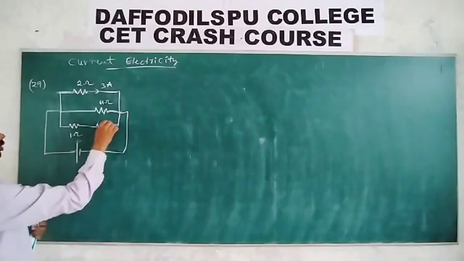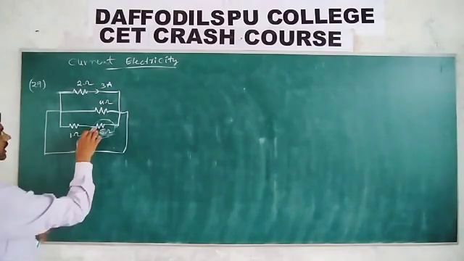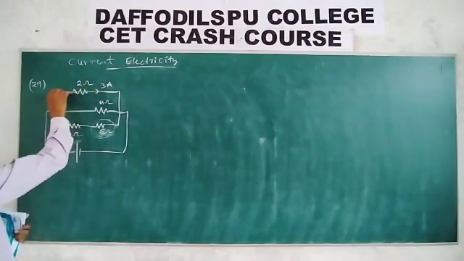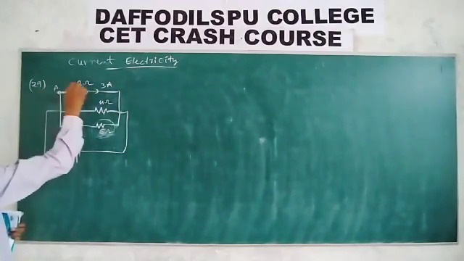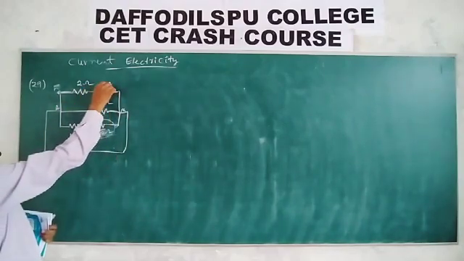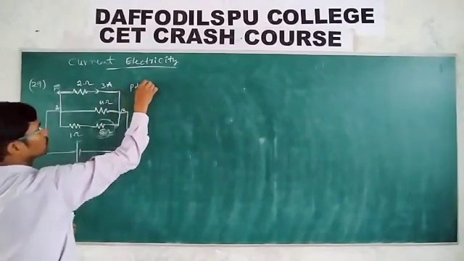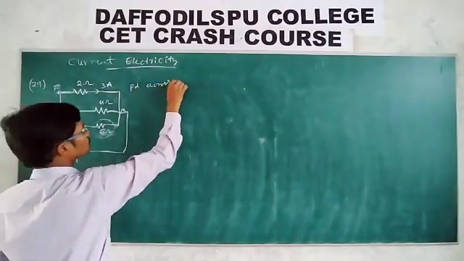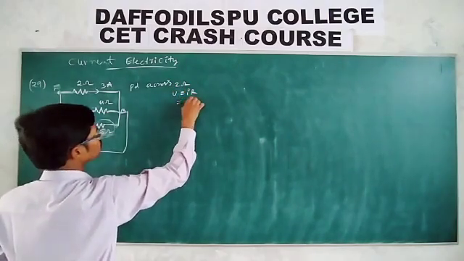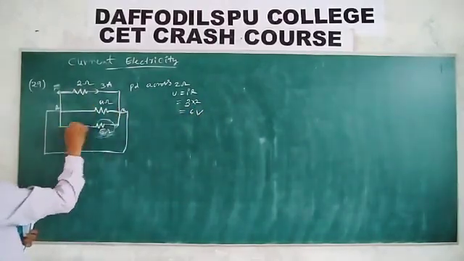In this resistor, what is the power dissipated? They are asking. Now let us see that. Here 6 volt. What is the potential difference across A, B? Now current flowing through this is 3 ampere, so what is the potential difference across the 2 ohm? Potential difference across 2 ohm is equal to I into R, then 3 into 2 is equal to 6 volt. Then in this also 6 volt, and in this also what?